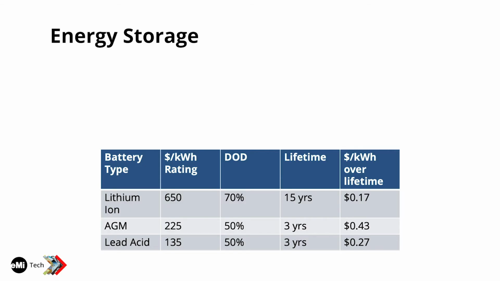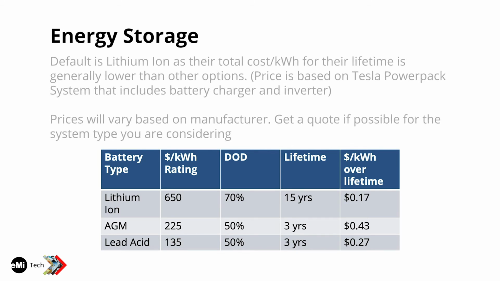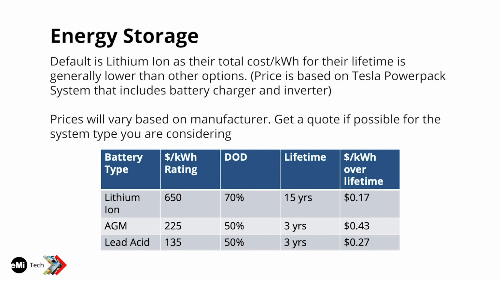Even a lithium ion, you're still going to have to have somebody come in once a year and change cooling systems and things like that. So something to be aware of. You are adding maintenance, but these are less maintenance, your lithium ion and AGMs. Our default in the spreadsheet is lithium ion, and that's what I've been using on a lot of projects for my costing just because it's the lowest cost I found right now on the market. And that's the lowest cost long term.